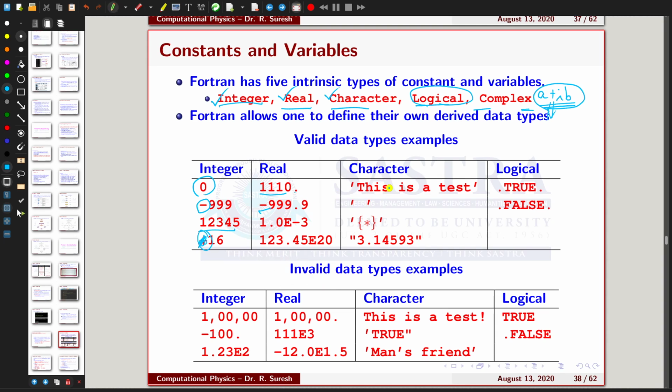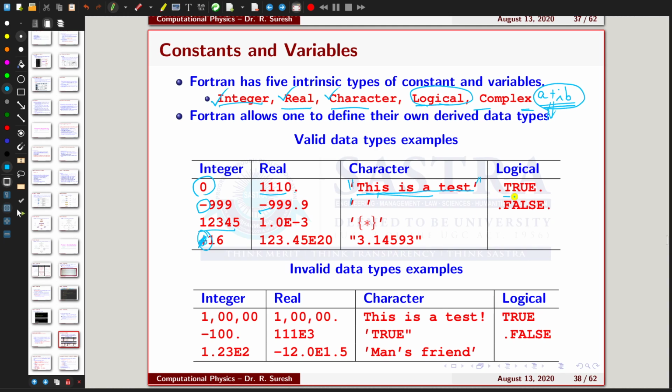For the character set, the character variable should always start with a single quote or double quote. Mostly you will use the single quote. Whatever you include between the opening and closing single quote is a character set. You can also give blank spaces. Whatever you give inside the quotes will not be interpreted by the compiler. You can also use characters that are not allowed elsewhere, because curly braces are not allowed in a Fortran program, but you can still use them in a character variable. Similarly, you can use double quotes. The characters may also be numbers.